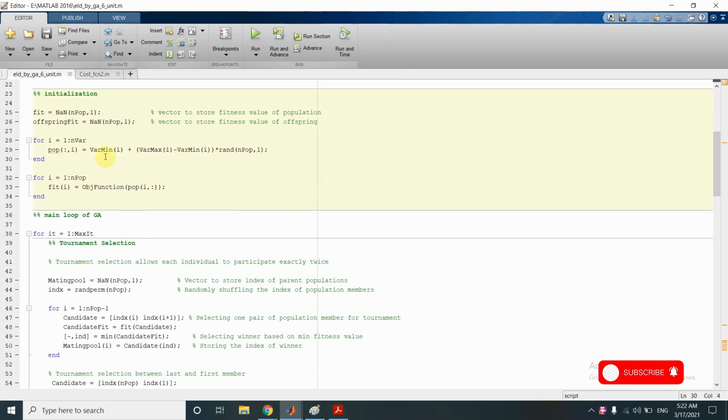So that's what we are doing here in this for loop. Also, this random number is not a single number, but it is also a column vector of dimension n pop cross 1, that is 500 cross 1.